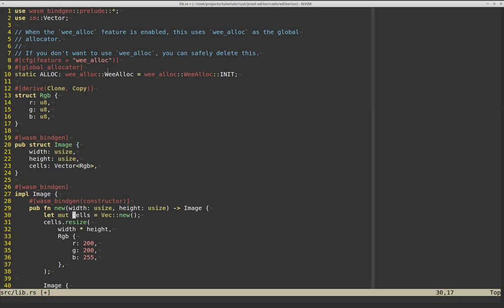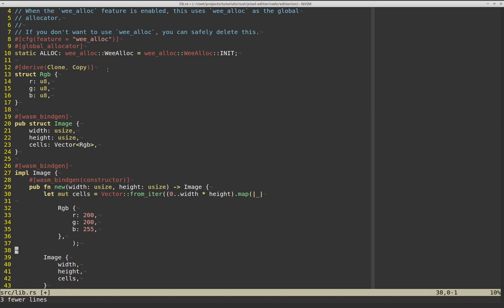If we use a vector instead, we then need to change our approach because this resize method doesn't exist in the same way. Instead, we're going to say we want a vector from an iterator, and that iterator is going to be us counting from 0 up to the cell size, and for each cell we're going to ignore the actual value and use this RGB value instead. So if we get rid of that,